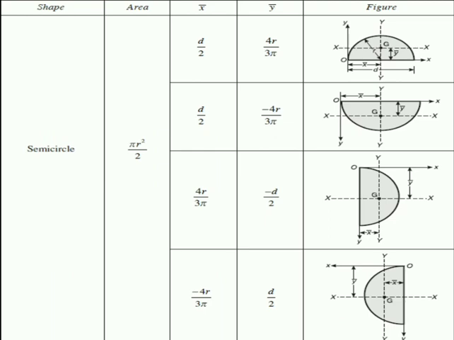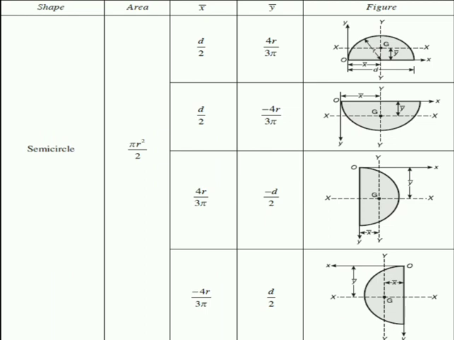All four orientations are given. The semicircle becomes very important because in most problems you will get the semicircle, and there are four orientations of the semicircle. So you need to carefully see the formulas with respect to their orientation. First, when we take the orientation with respect to the horizontal axis, that is from 0 degrees up to 180 degrees, we get x bar at the center because the semicircle is symmetrical about one axis, either x axis or y axis depending on the location, whereas in this case y bar will be 4r by 3 pi.